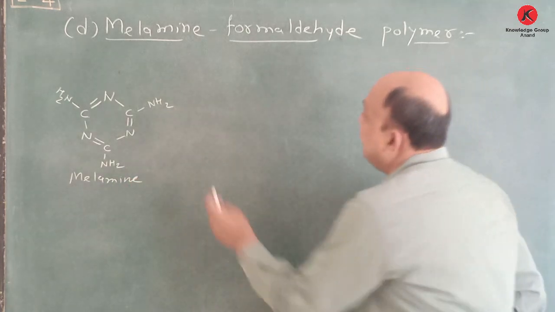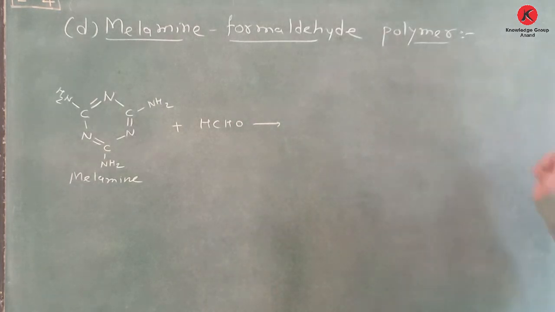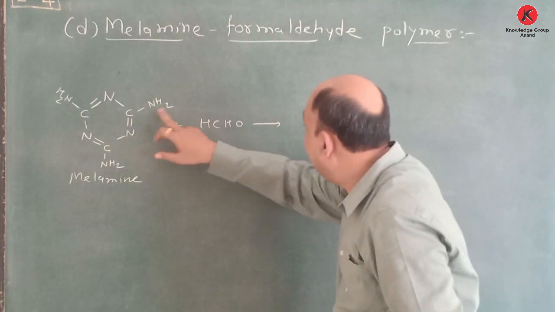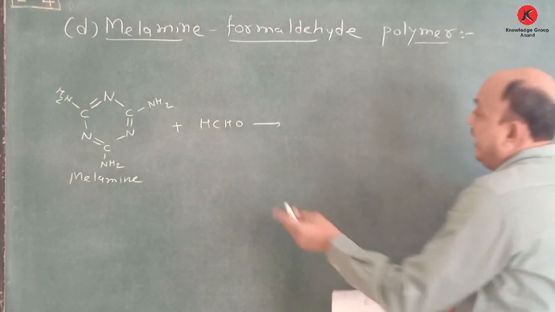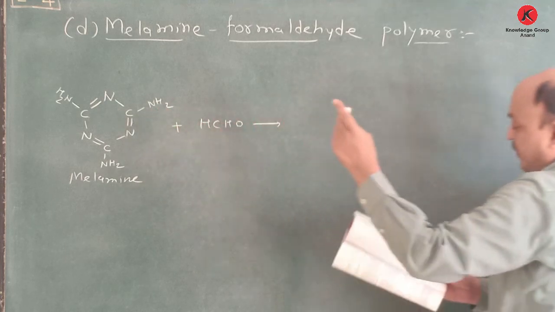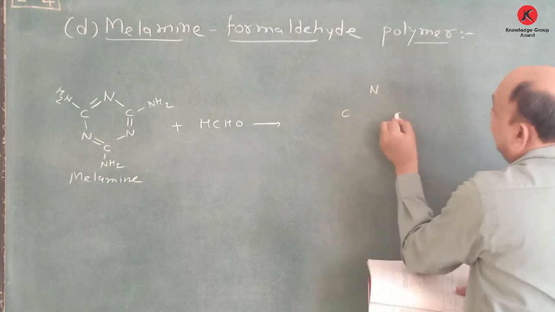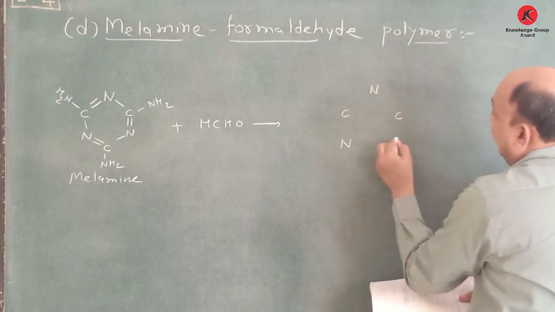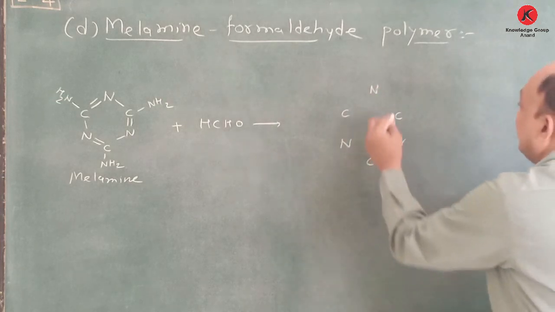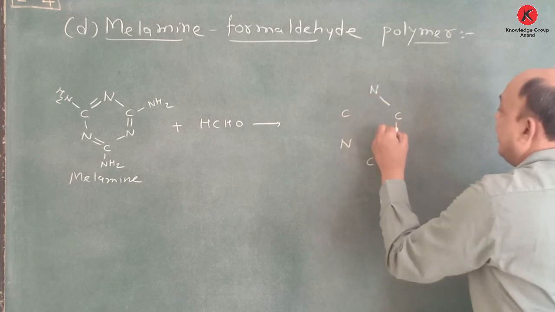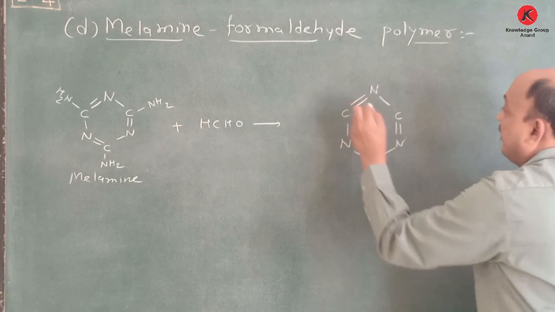Now, it reacts with HCHO. This is nothing but formaldehyde. Once again, just see NH then CH2OH. Okay, so here a resin intermediate is obtained. It reacts at this part, and that's why here once again we write N, then C, then N. Just see this triangle, and once again you write down this carbon. So here single bond, double bond, single bond, double bond, here single bond, here double bond.